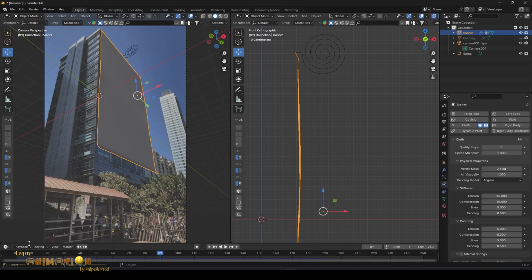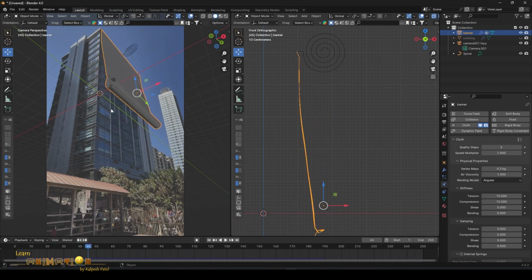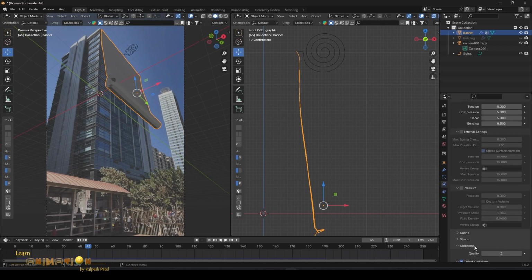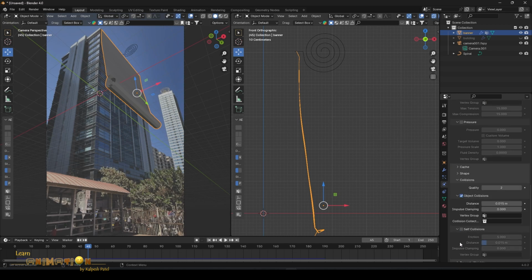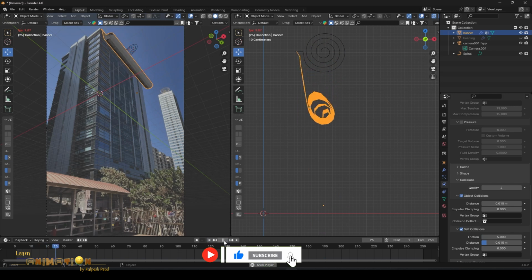If you feel that the cloth is colliding with itself, we have an option here. Just select the cloth, go to the cloth property, into the collision option, just select the self collision. It's going to take a little time in the simulation, but it will give a nice result.